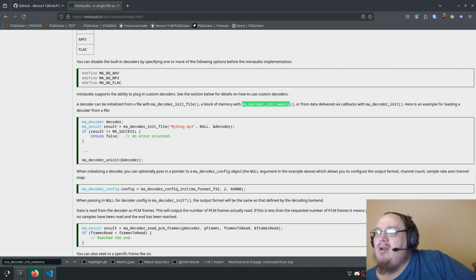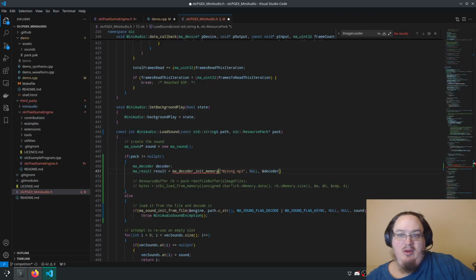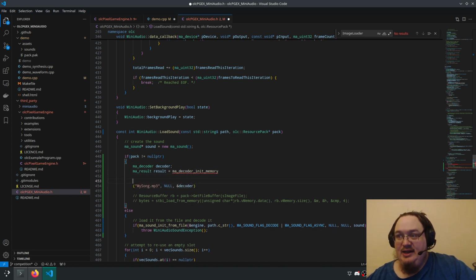Right, or a block. Let's see if IntelliSense can help us out here.